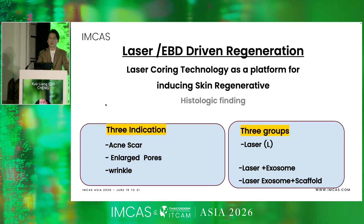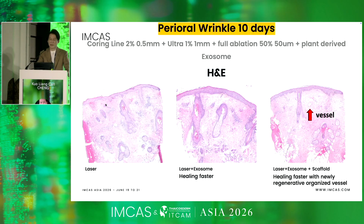So we also wondered what really happens in the skin when the coring technology is used in combination with exosome. So we recruited some indications, acne scar, pore, and wrinkles, and biopsies were taken from the untreated area, the laser area, and the area treated with the combination. Here's one of the cases, perioral wrinkles, combined with plant-derived exosome. You can see on the left side, there's some coagulation. In the middle, you can see the healing goes faster with the exosome. And on the right side, when we combine with the exosome and the laser, there's a new